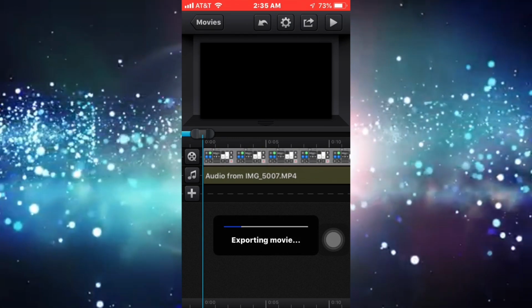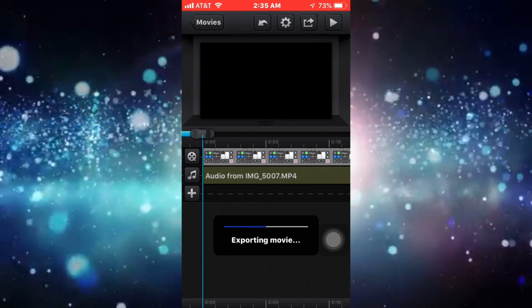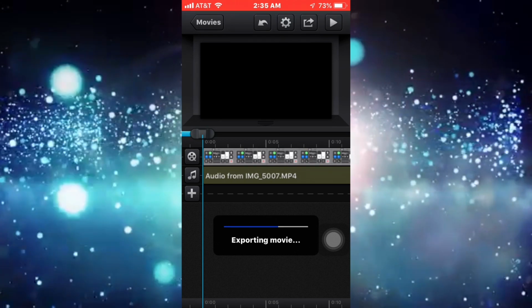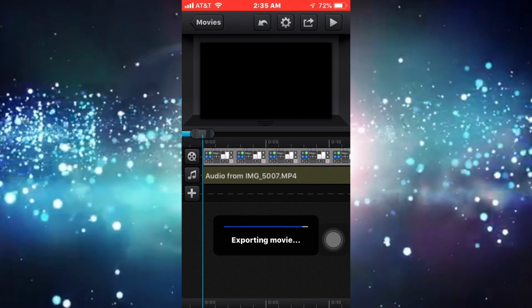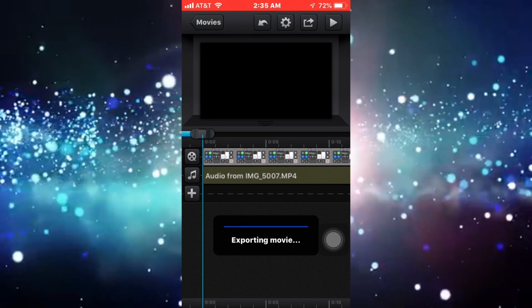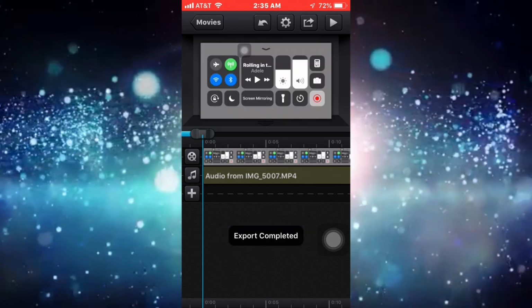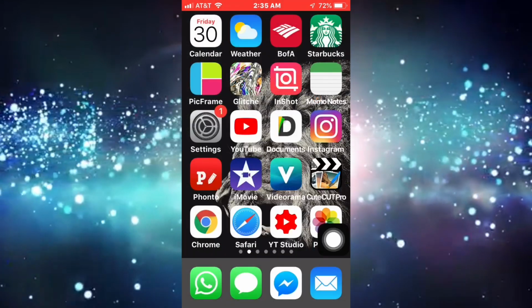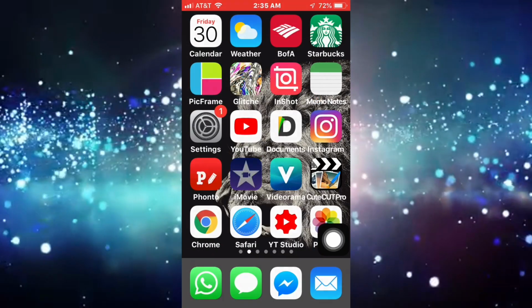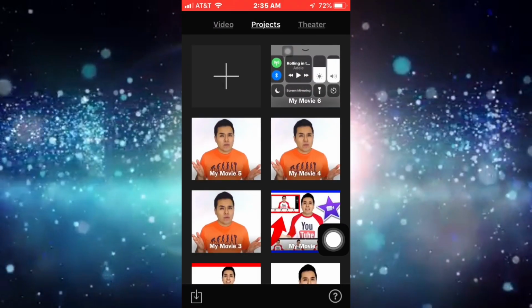But for some reason, once you record your screen, iMovie doesn't recognize the audio if you import the screen recording right into iMovie. So that's why I'm doing this process. I'm going to CapCut, select the video, and then select the audio, create two different files, put them together, and once you do that, you can go back to iMovie if you wanna make sure that you got the audio,